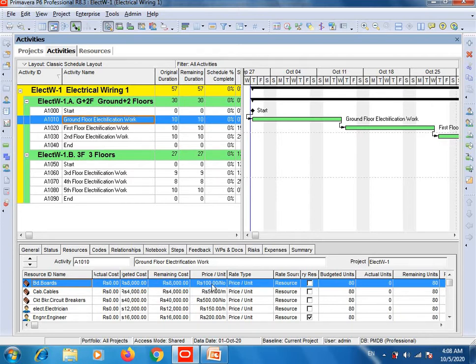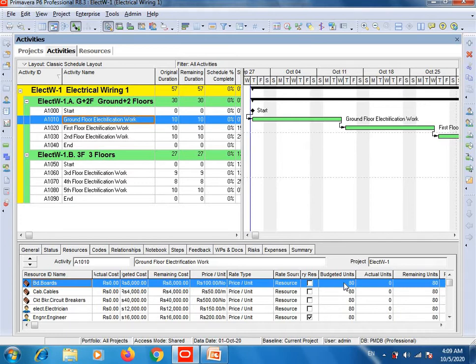If you are doing your project and you know the current market rate, you will insert the current value of the board. So I assume that the price per unit, that is the board price, is 100 rupees. One board price is 100 rupees.